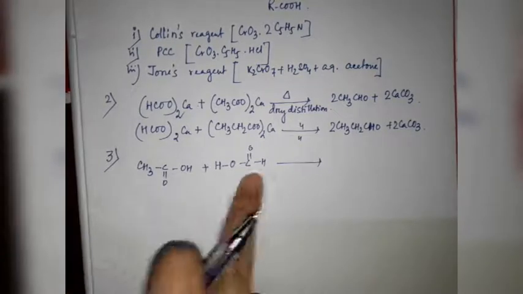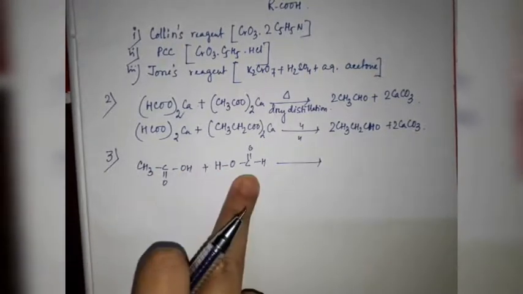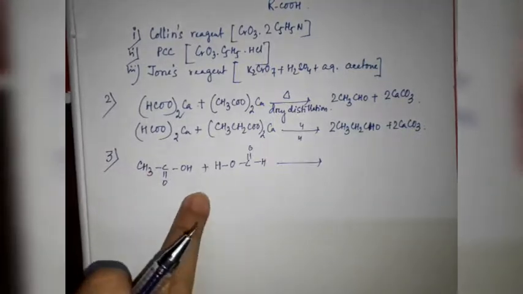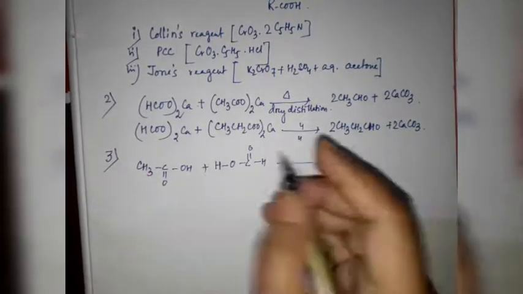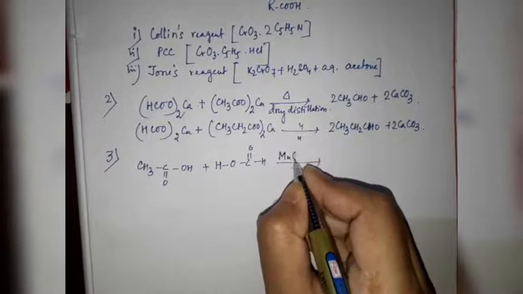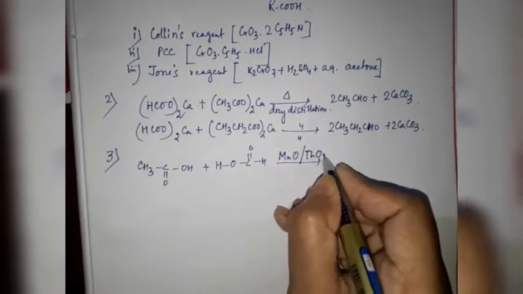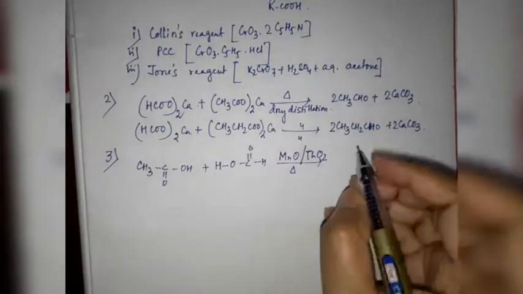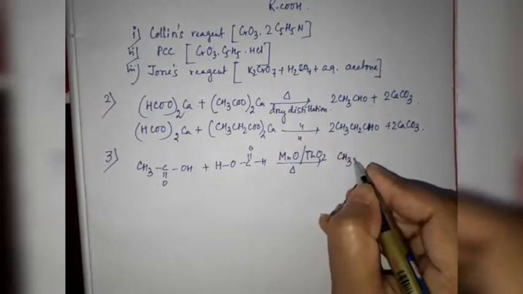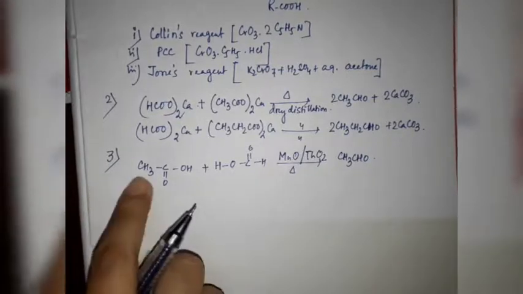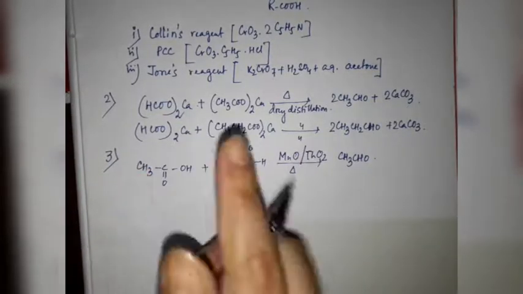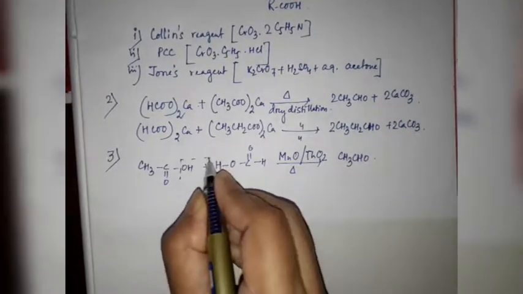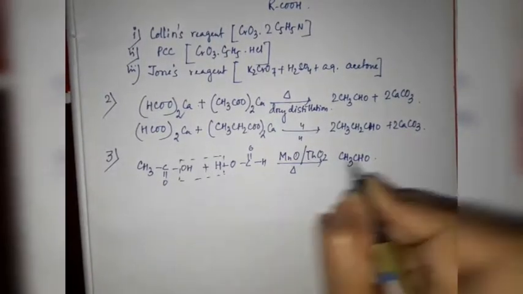Here also they have to be taken in 1:1 molar ratio, and the mixture vapor is to be passed over manganese oxide or thoria at very high temperature, and after that we will get our aldehyde. So we are getting acetaldehyde, along with this we are getting water